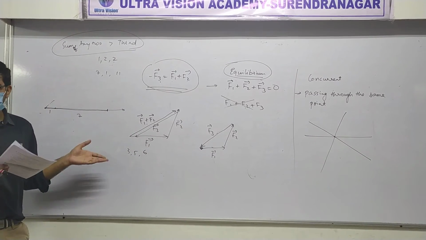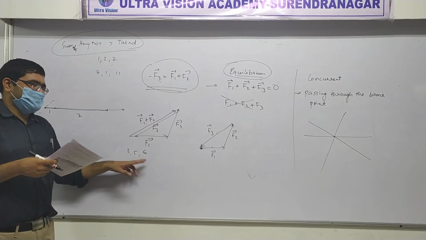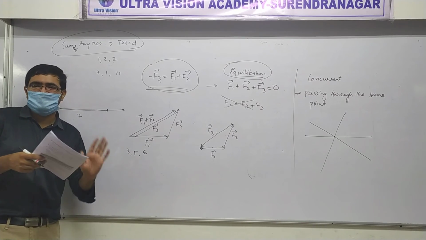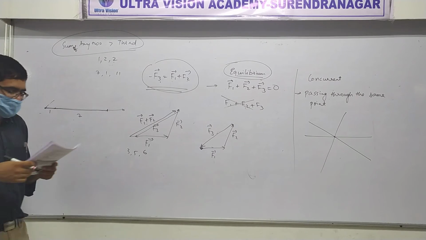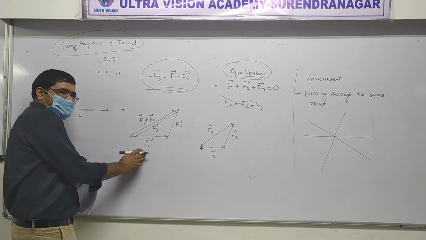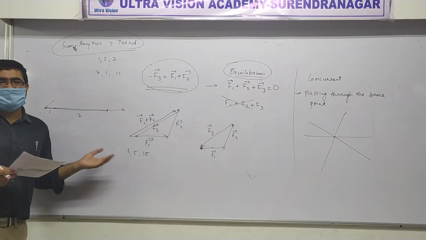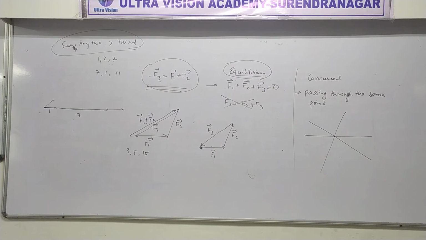Yes or no? Sure? Okay. 3 plus 5, 8, is greater than 6. 5 plus 6, 11, is greater than 3, and 3 plus 6, 9, is greater than 5. So this is one of the correct answers. Let's also check D. Now 15. 3 plus 5 is 8. Is it greater than 15? No, of course. Did you get it?